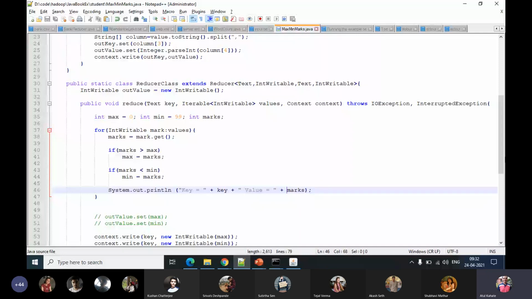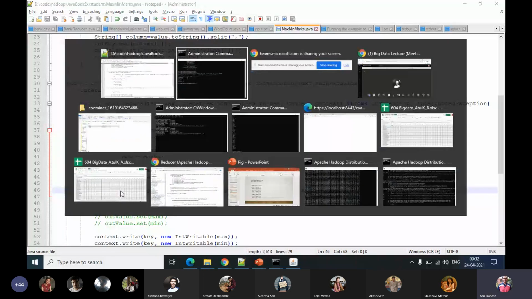So this helps us understand how the reduce code works, because if we just run it without any System.out.println to track how the code works, we will directly see this final output.